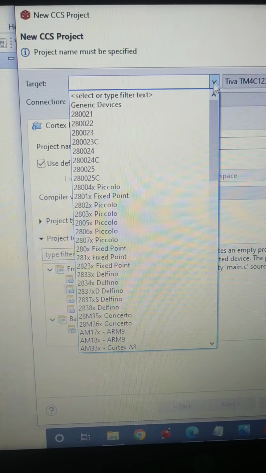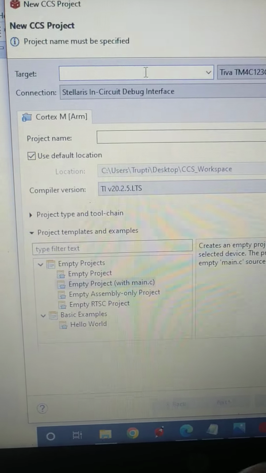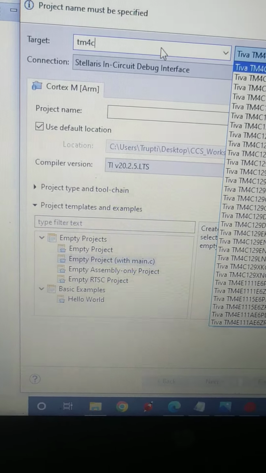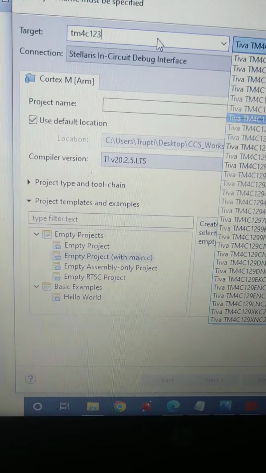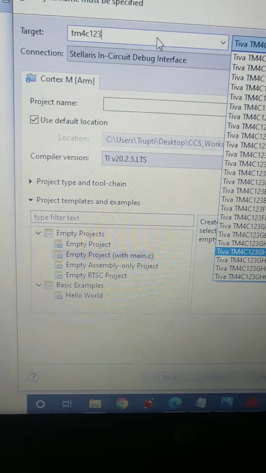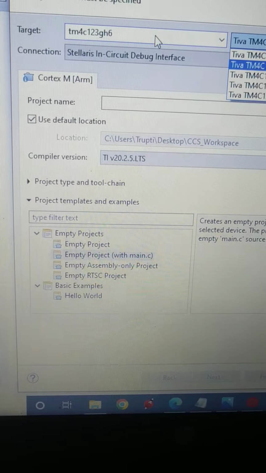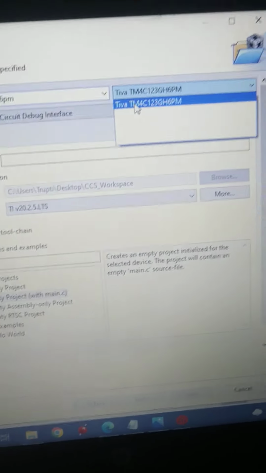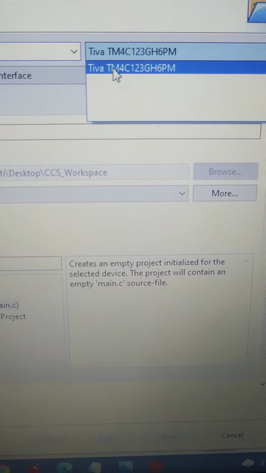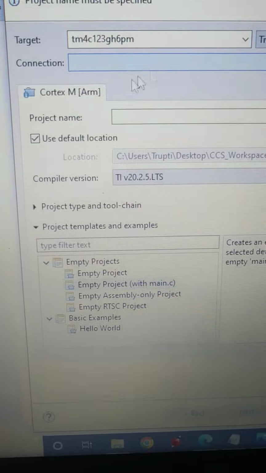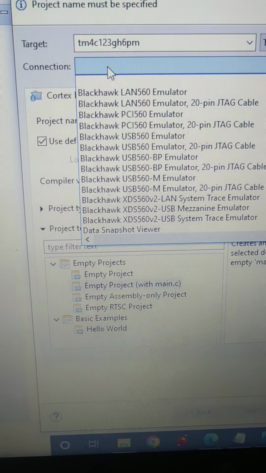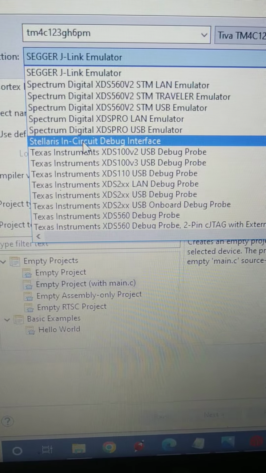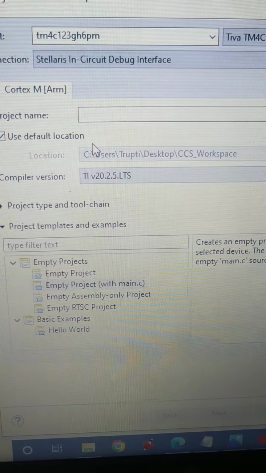For Tiva Launchpad, the target is TM4C123GH6PM. Select it. Then for connection, select Stellaris In-Circuit Debug Interface.